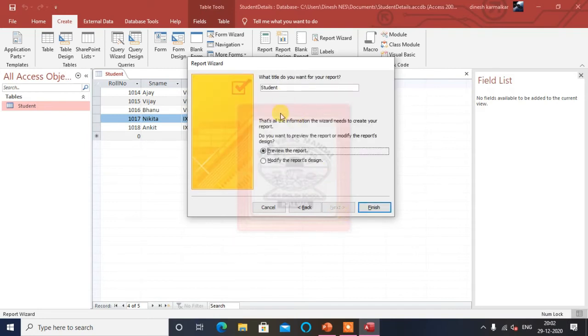In this last screen, you can preview the report or modify the report design, but that is a very advanced form that we are not going to see today. Today we are going to create reports only with the wizard here. So this is student, so I will give the name Student Report 1. You can give different names to reports. I'm going to give Student Report 1 because we are going to create different reports for the same database in different ways. So this is Student Report 1. I'm going to click Finish here.